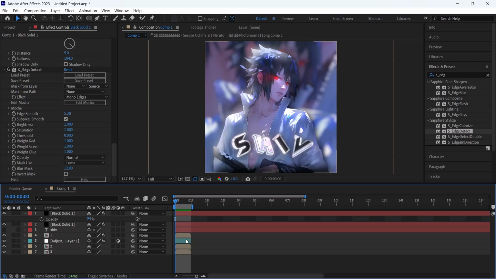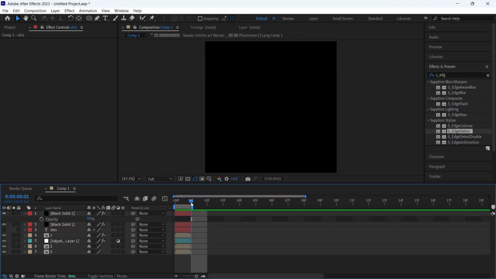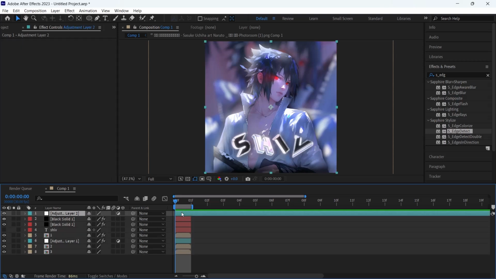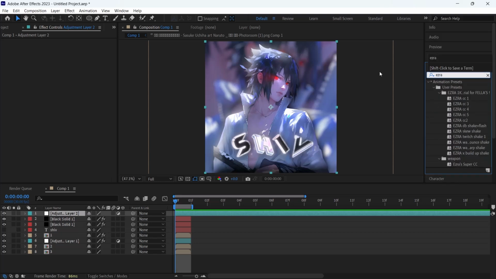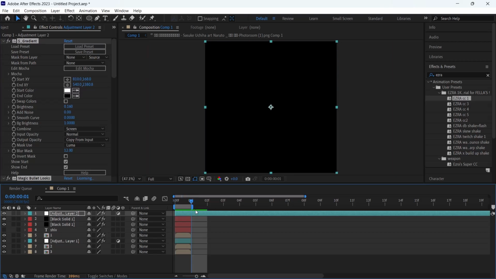After that, okay, before pre-composing, let's do the CC part. Let me trim this. Add the adjustment layer and add your color correction, whichever you want to use. I'm going to use my own color correction. If you want it, you'll get it on Discord. So this is how my color correction looks. After that, just trim this